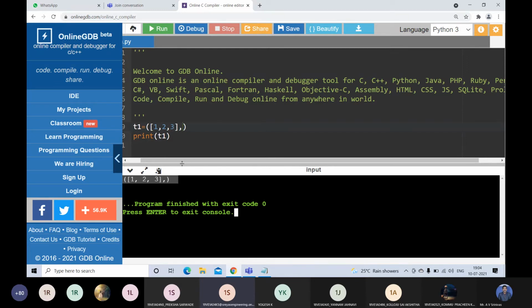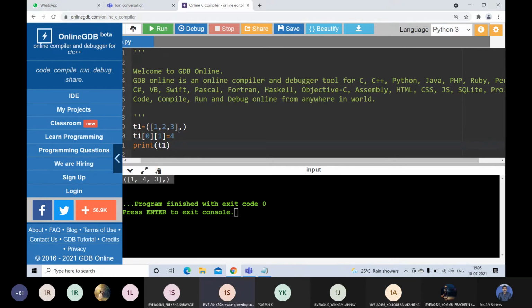Now change or delete the value inside the list. That is not possible actually, because here that value is 0. Yeah, this is changed. T1 of 0 1 equal to 4. This is considered as a tuple, okay, it is possible.